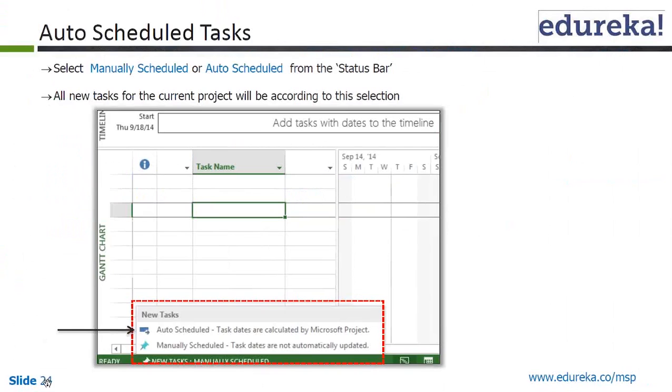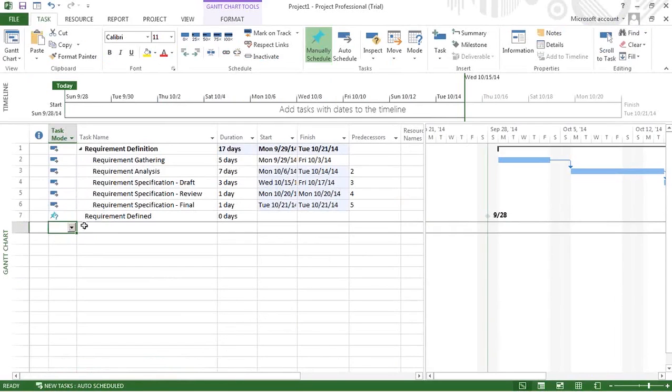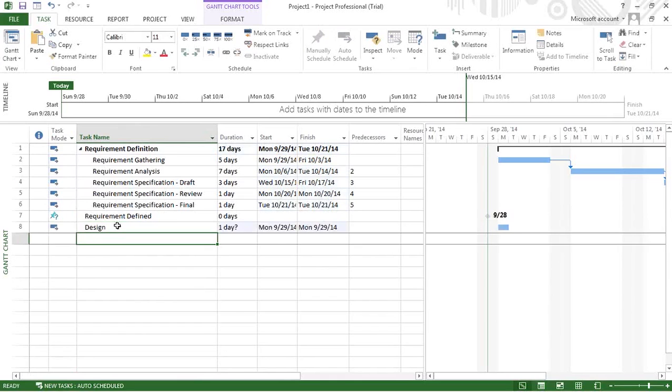Essentially, this is the status bar, and the status bar has this auto schedule option. From here the default is manually scheduled. So I'm going to select auto schedule. Now if I define, let's say, design, by default it is going to take